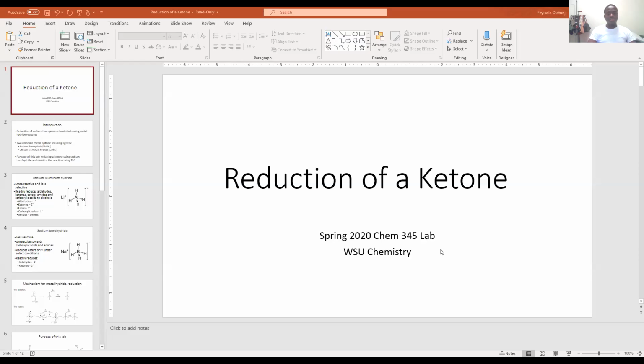Okay, so reductions of ketones. This is actually a slide that was made for spring of 2020. You'll be doing basically the same experiment, and we'll just roll with it. Now, keep in mind that since the lab is based off of what was done in the spring of 2020,